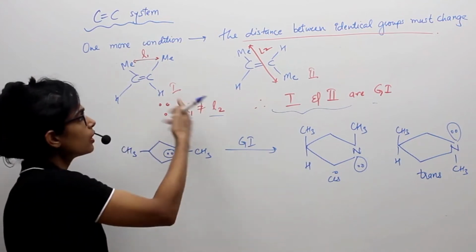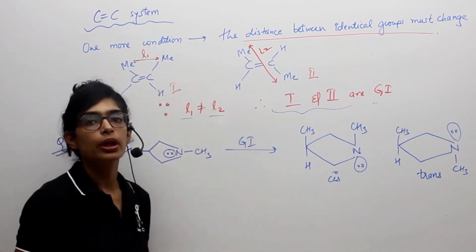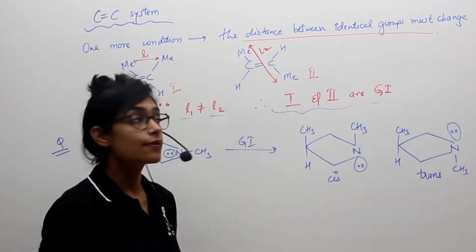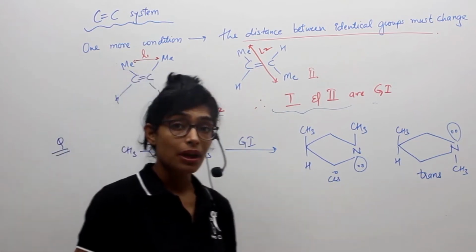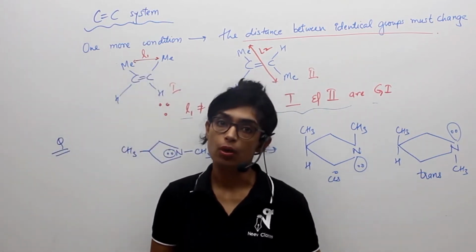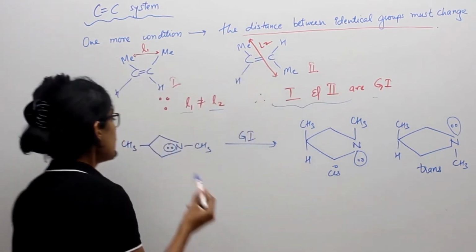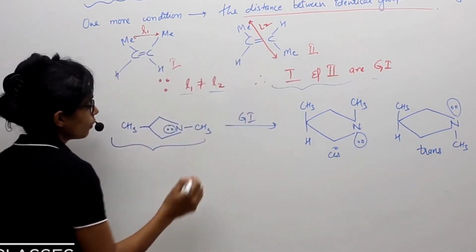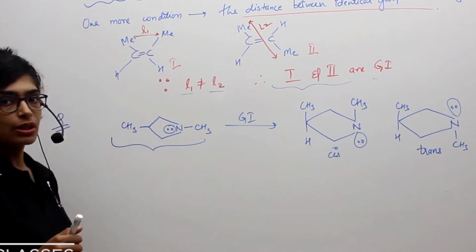So you may feel that in all the cases it will be different. No, it will not. We will discuss the cases where this L1 and L2 is going to be same and the molecules will not show GI also. Okay. Now one more example I forgot to tell you when we were talking about the cyclic structure showing the